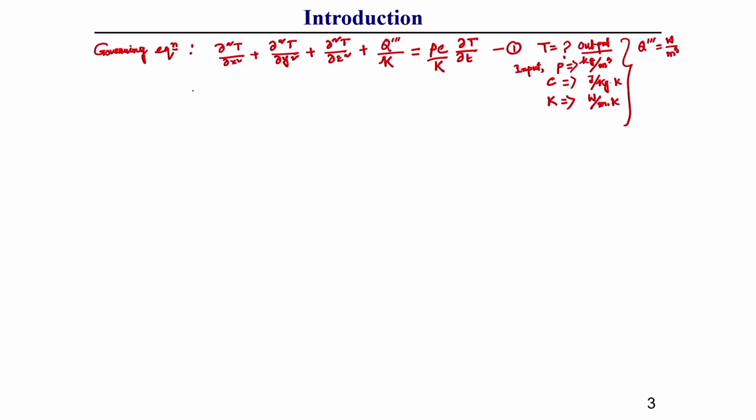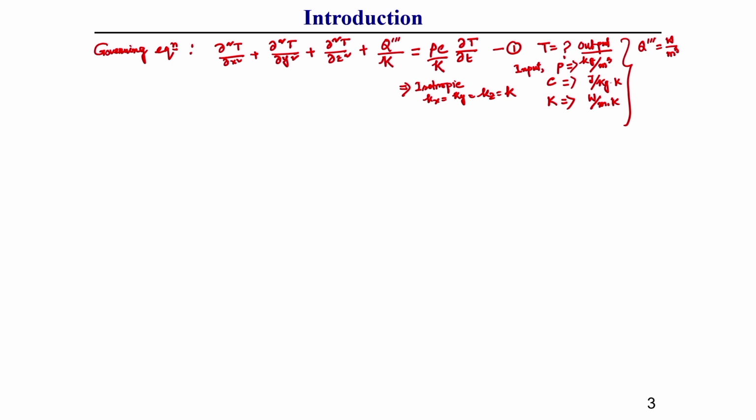Based on this equation, how that solution comes, I will discuss in detail in today's lecture. I will show you the different solutions based on this governing equation and different boundary conditions. This equation is applicable for isotropic, homogeneous types of material, because here we consider Kx equal to Ky equal to Kz equal to K, as you can see.